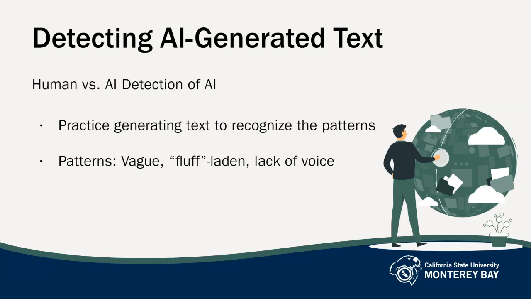When it comes to detecting AI in student submissions, it will be important to be able to compare the submission in question with another submission that you are certain the student wrote, like an in-class writing assignment. And you will also notice if the writing voice very suddenly changes midway through the paper. That may be an indicator that one or more of the paragraphs were copied and pasted from an AI tool.